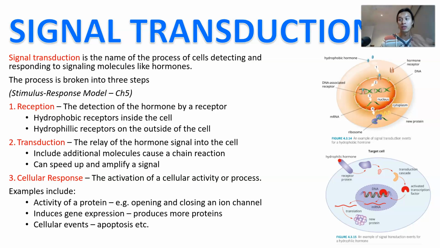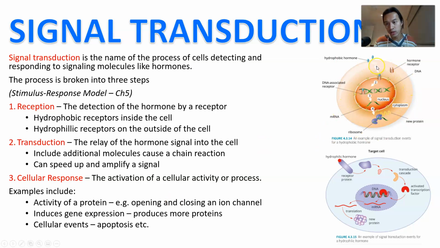This is when the cell actually does something in response to the activation of the hormone and the signal transducing into the cell. Okay, the activation of cellular activity or process can be things like activating a particular ion channel, like for example in the case of glucose and insulin. It can also induce a particular gene to be expressed, and therefore kick-starting the factory processing of certain ribosomes and producing more proteins. And then it also might induce cellular events like apoptosis, for example, triggering targeted cell death. Okay,